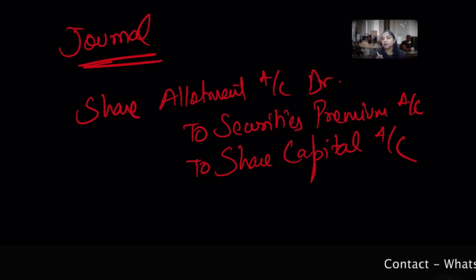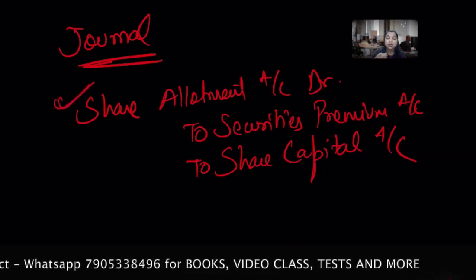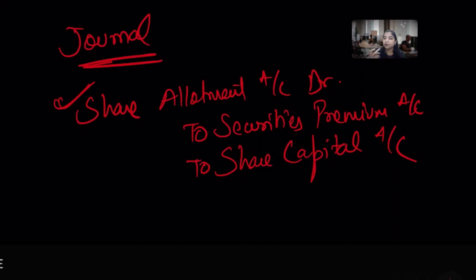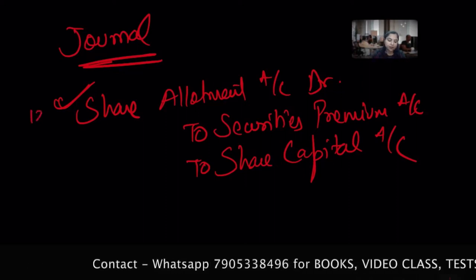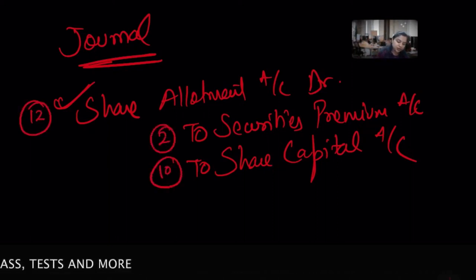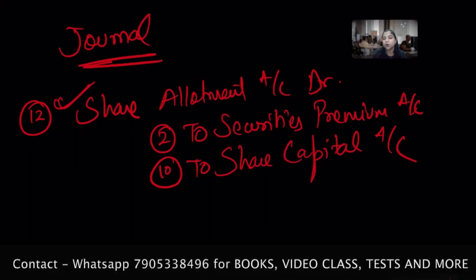Do not memorize and don't even think to memorize any point here. So try to understand. With the share allotment, whatever the allotment money due, that means including premium, the due amount including the premium, in this we can say 12 rupees, in this we can say rupees 2, in this we can say rupees 10 in our last example. And narration you can write as being allotment money due on issue of shares.